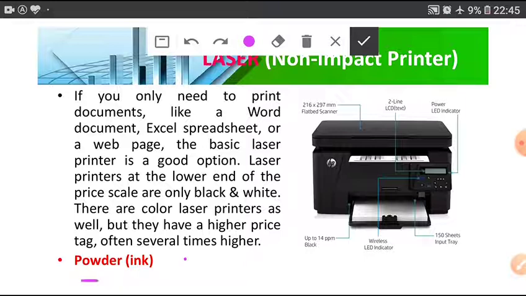Ink technology, powder ink. In laser printer, there is concept of heavy laser beam for printing on the paper. So this is called laser. Laser is a type of beam. This printer is commonly used in home and offices.